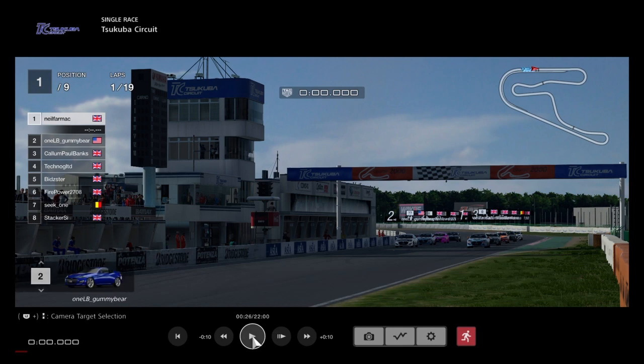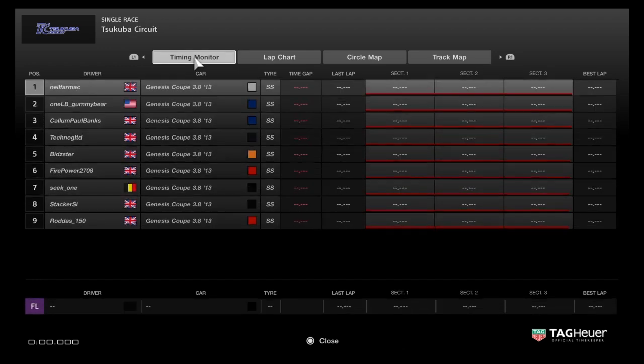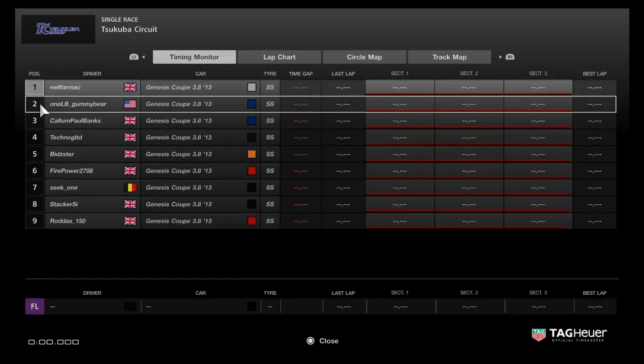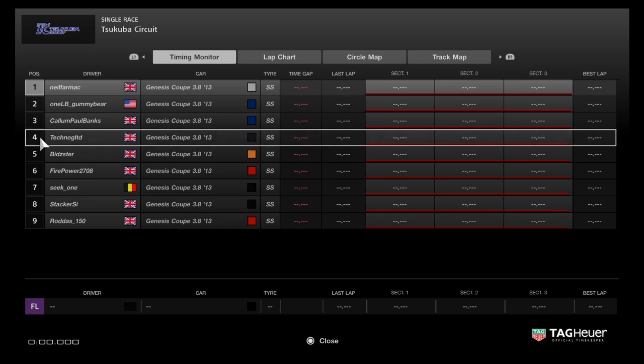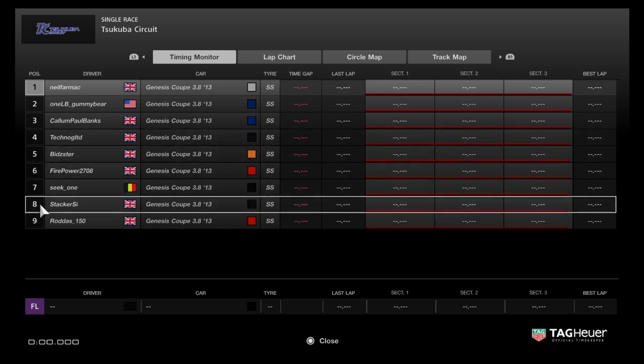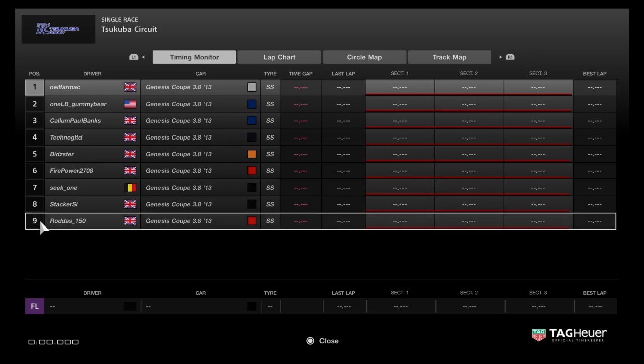Bear in second position. We'll just go on to the little things so you can see it here. Here we go. So Neil Farmack on pole position then. The Gummy Bear, a new guy, American guy, in second place. Good position for his first race. Callum in third, Techno fourth, Bidzster fifth, Firepower sixth, Seek seventh, Stacker in eighth, and Rodders in ninth position as